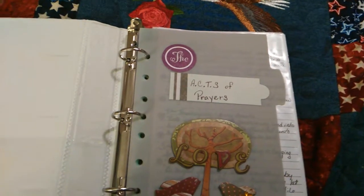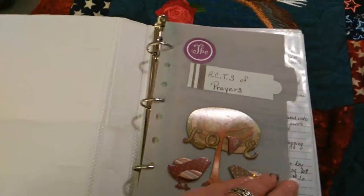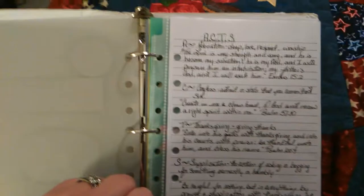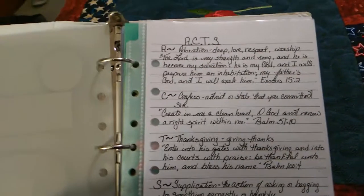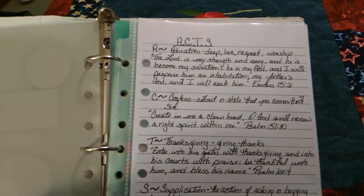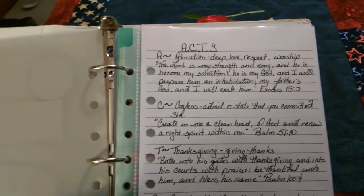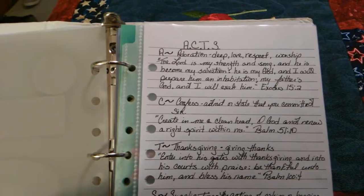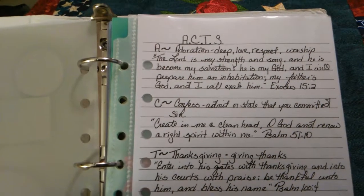The first section of this prayer journal is the acts of prayer, and if some of you have seen one of my earlier videos on this, this is how I learned to pray. ACTS stands for adoration, confession, thanksgiving, and supplication. And as you can see, I went and found a verse for each of those things. Adoration, I found in Exodus 15:2, where it says, "The Lord is my strength and song, and he has become my salvation. He is my God, and I will prepare him an habitation, my father's God, and I will exalt